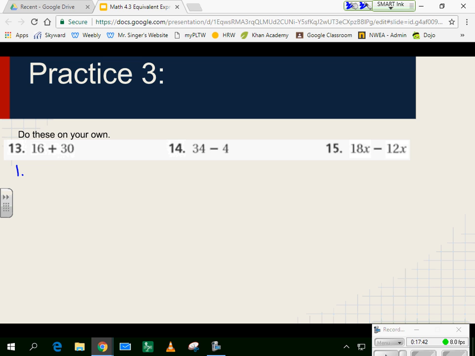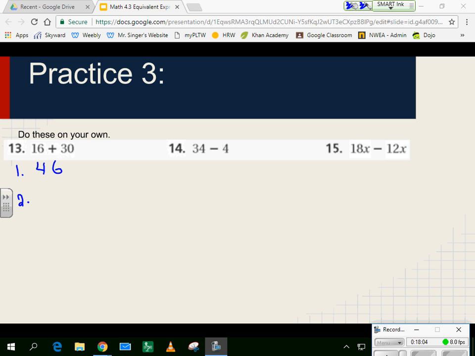So the one way we can rewrite this is let's just add them together. 30 and 16 give you 46. The second way to do this one is find what the greatest common factor of 16 and 30 would be, the largest number that 16 and 30 share together,